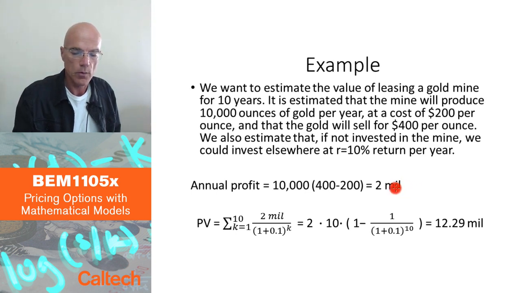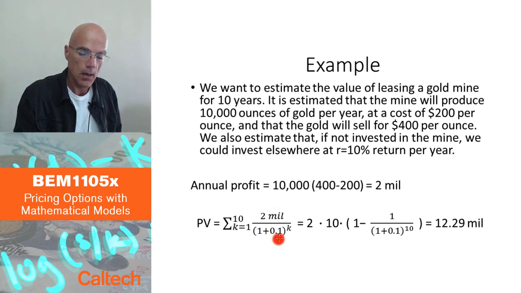So in my previous slide, my x is 2 million. I have to discount 2 million by its discount factor for years k equals 1 to 10. 10% is the interest rate to which I'm comparing. So I divide by (1 plus 10%) to the k. Okay? And there was a formula in the last slide. This is an exercise for you. You can just look at the formula in the last slide and put in the numbers. It should look like this.